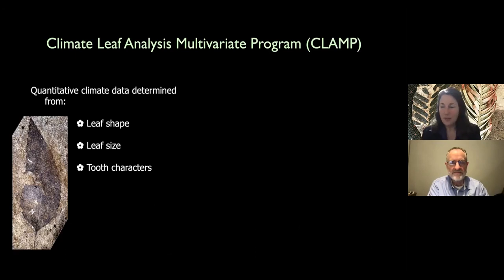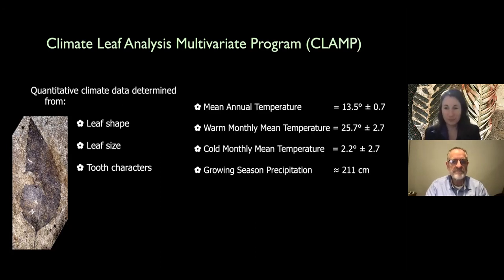So what else I did, apart from looking at the different kinds of fossil leaves, we actually were able to look at their climate interpretations. And so what we needed to do was to statistically analyze the different kinds of morphologies or characters of each of the leaves. We could look at the leaf shape, the leaf size, if they had teeth or no teeth. So it was a multivariate kind of statistical analysis of these leaves. And what it told us was that the mean annual temperatures were much, much warmer again than today, somewhere in the vicinity